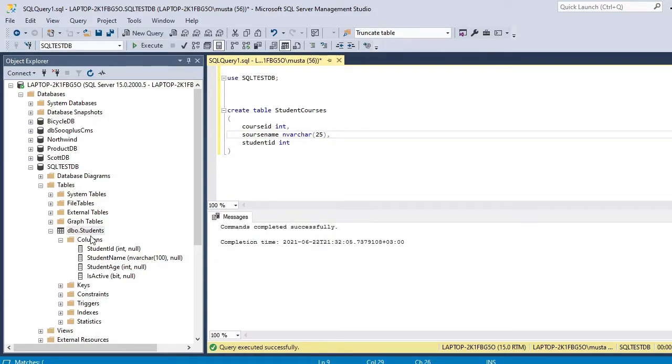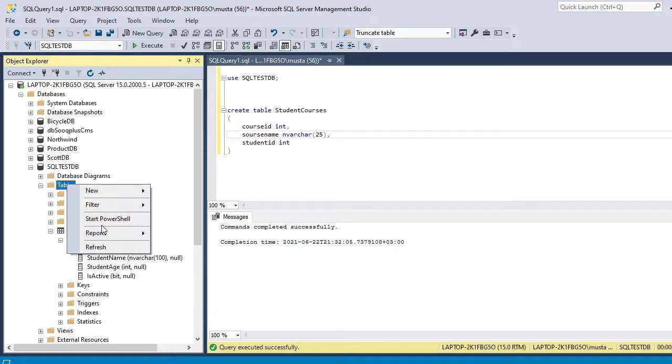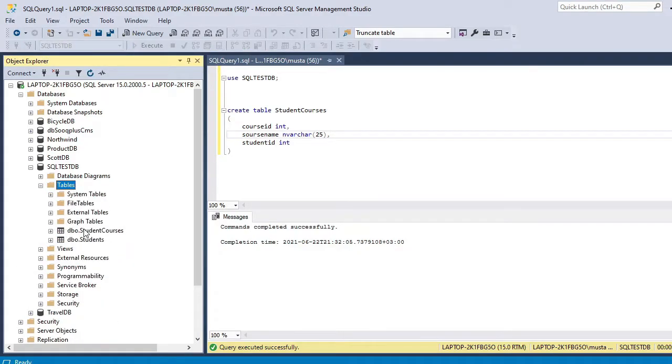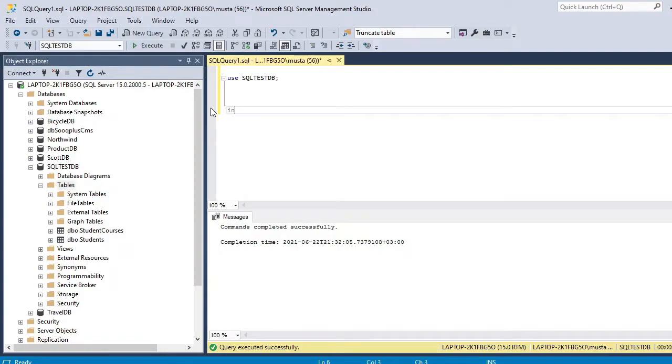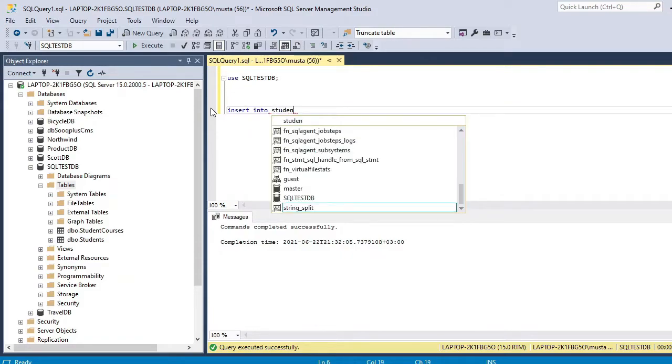Go and refresh our tables. Now we can see the new table here. Now let's go and insert data inside this table. Insert into student courses